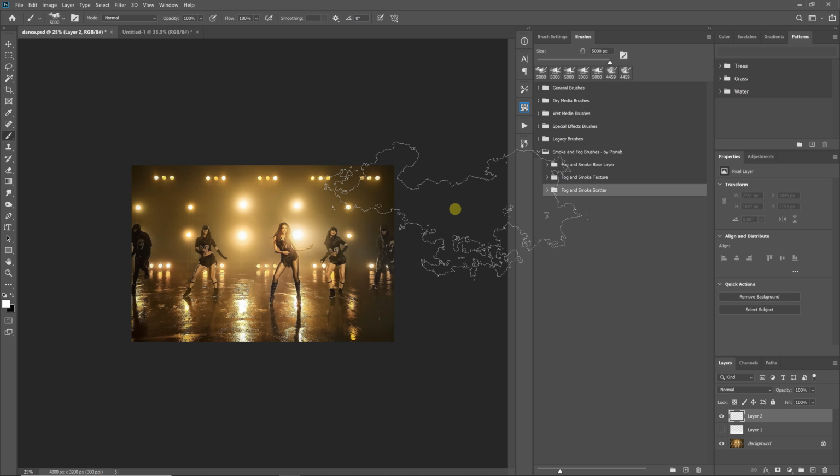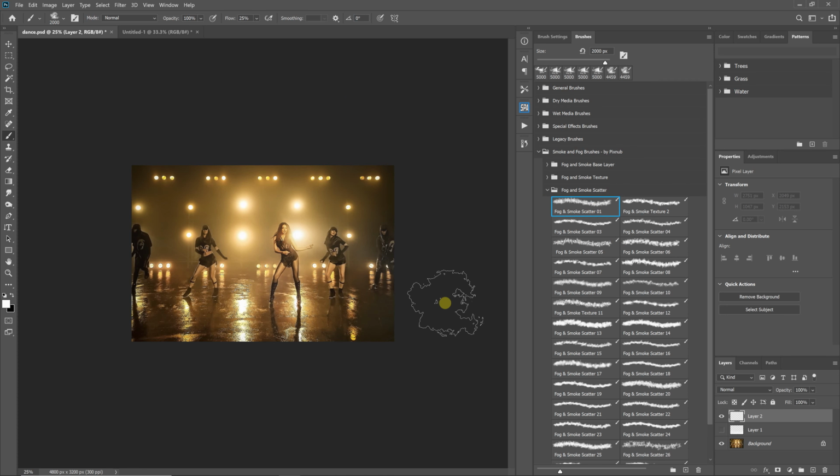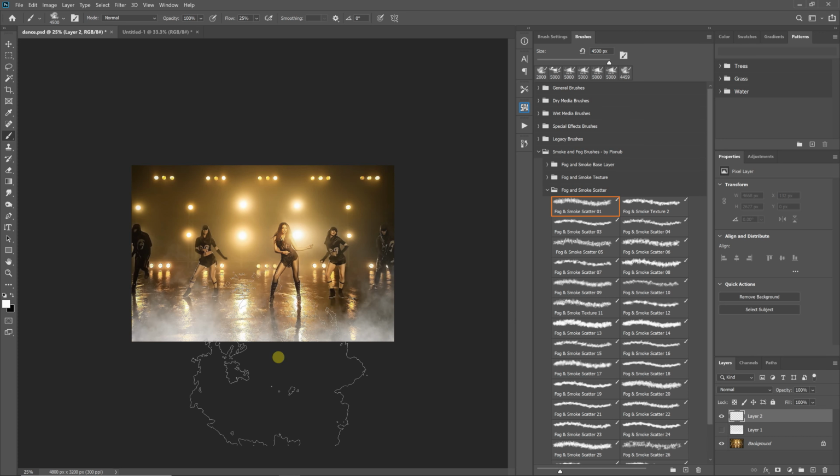Now the scatter brushes are really versatile for doing a lot of different things. You can use the brushes where you're using the full brush and painting on fog, or you can size it up and use just the edges of the brushes, similar to how we did last step, but then just paint on in the bottom of your image to give you a layer of a base fog layer here. And you can also click one at a time, and each time you click, you see it rotates,